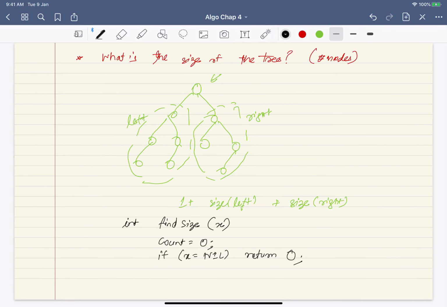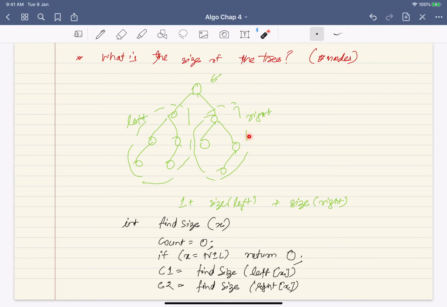So let's say C1 is find size of left of x. Similarly, C2 is find size of right of x. Now C1 and C2 give you the two counts. What is your final answer? C1 plus C2 plus 1. So you return C1 plus C2 plus 1, and that is your function find size.